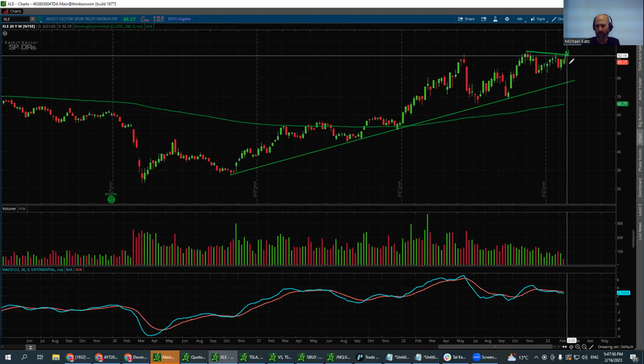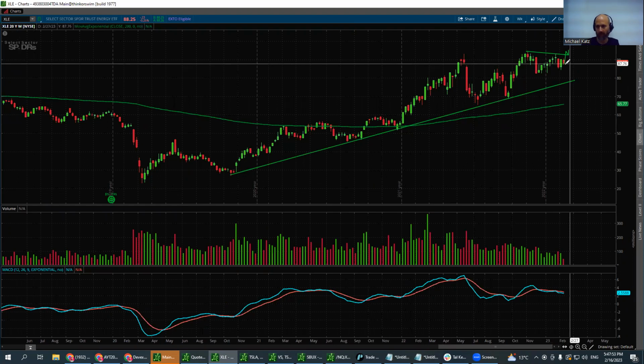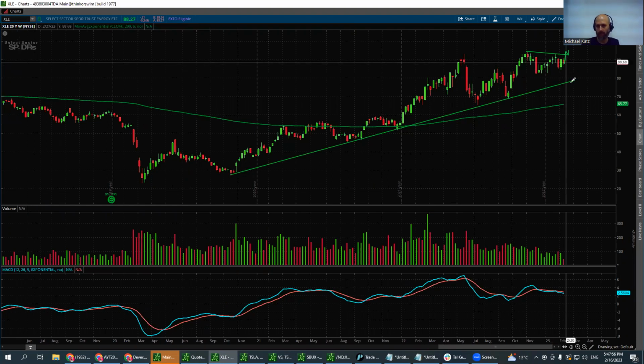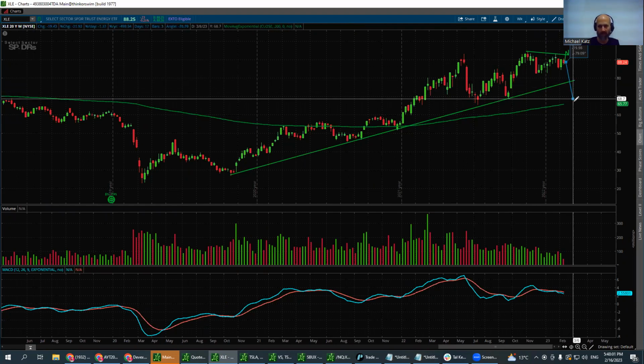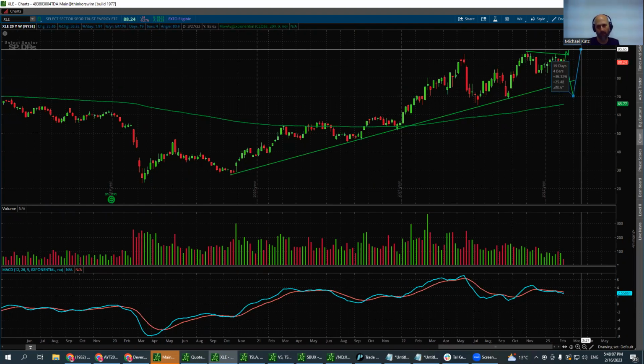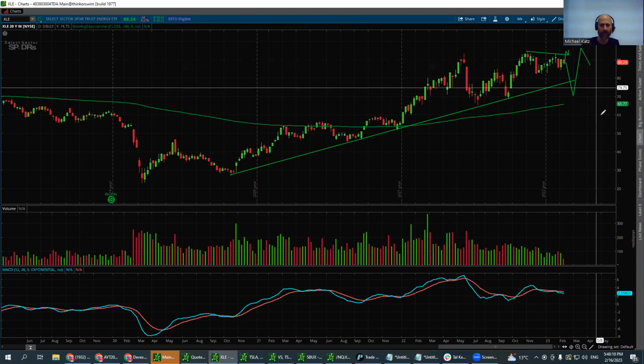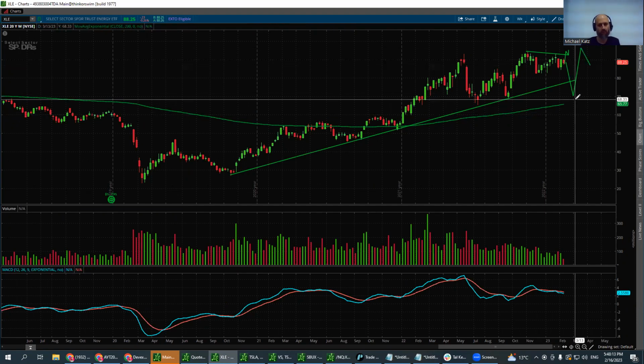From this specific place, I don't see anything to do at the moment. Maybe if we will drop to the support level of the trend line or to the 70s, and then look for buying the dip, going up to the resistance, and then dropping again. We need to remember that price is always moving, magneting to those levels of liquidity, support, resistance, supply, demand. Doesn't matter which one, trend lines or indicator or just historical price gaps and all of those.